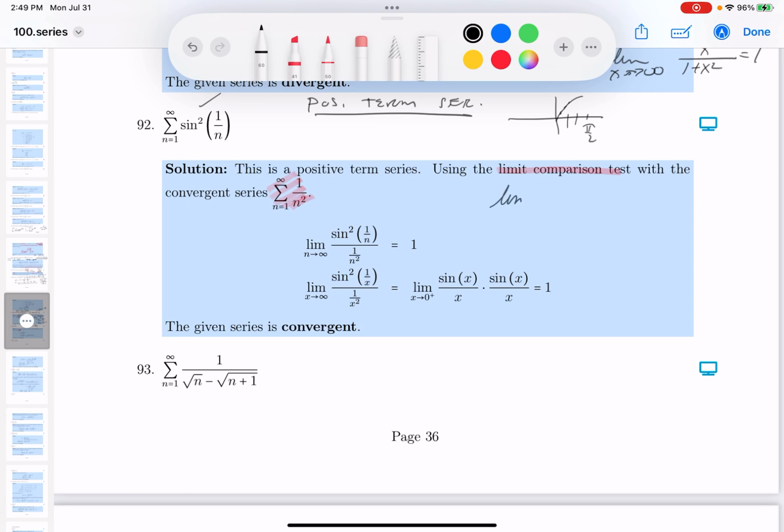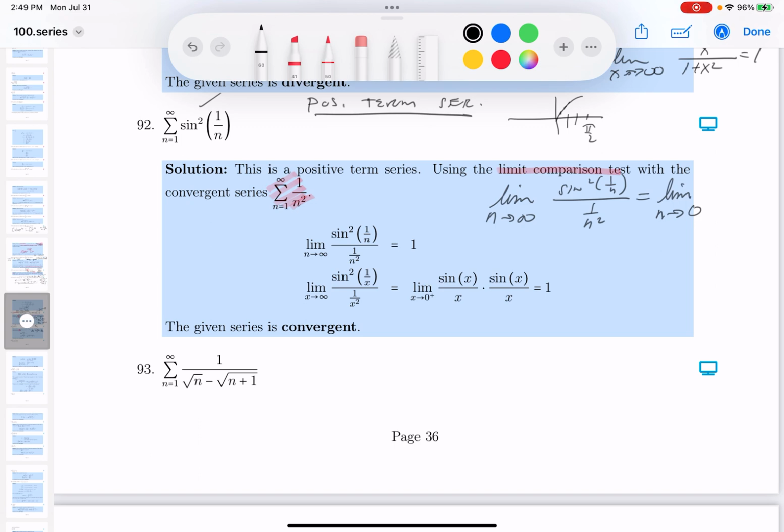Limit as n goes to infinity. That's going to be sine squared of 1 over n. And what goes on the bottom? 1 over n squared. All right? Looking at it, I could probably rewrite this in a simpler way. I could probably say the limit as n goes towards 0,